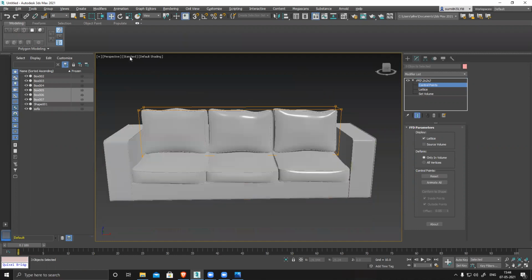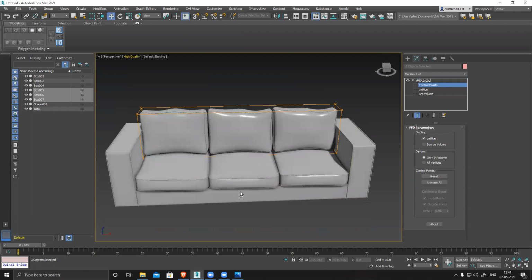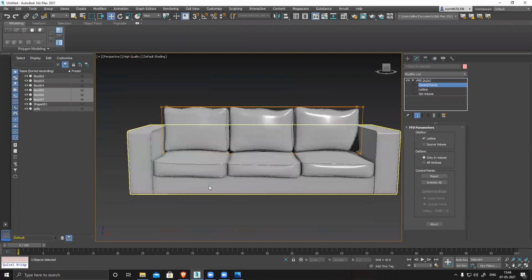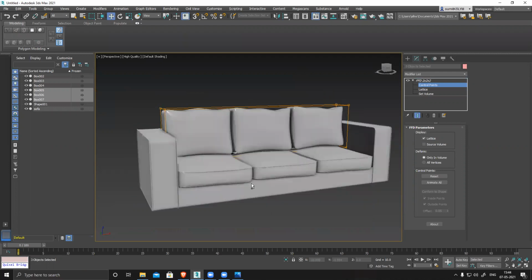I can see the switch on high quality will become super clean. So in cloth modifier, the main problem is if you have more polygons, it will generate very high quality, like it will simulate this cloth very nicely and with very high quality folds and everything.